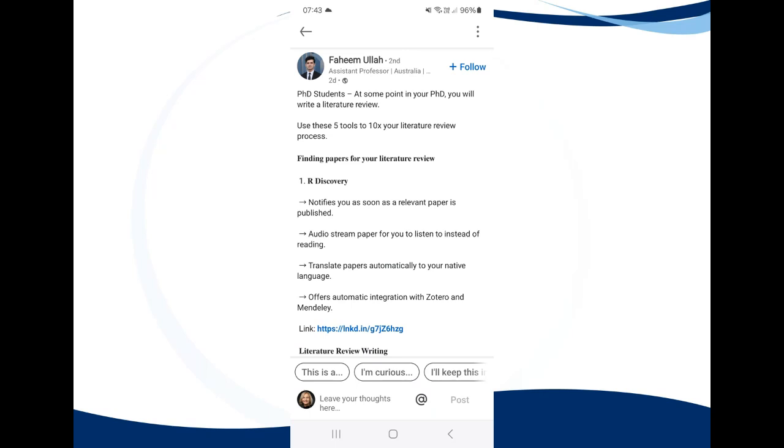It's also very nice because it offers an automatic integration with Zotero or Mendeley, which are your reference applications. UNISA supports RefWorks. They no longer support Mendeley, but you can also carry on with Mendeley if you've been using it on the free version, so you wouldn't lose anything. So you can have free accounts on Zotero or Mendeley if you wanted to, but UNISA supports RefWorks.